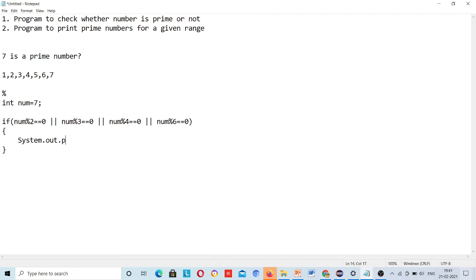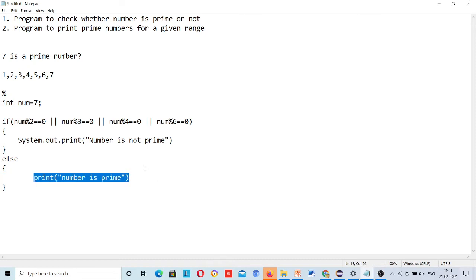Okay, I will write it completely in Eclipse: number is not prime, else, print number is prime. So if it does not go to the if part, then of course as per the rule it will go to the else part and it will print number is prime.